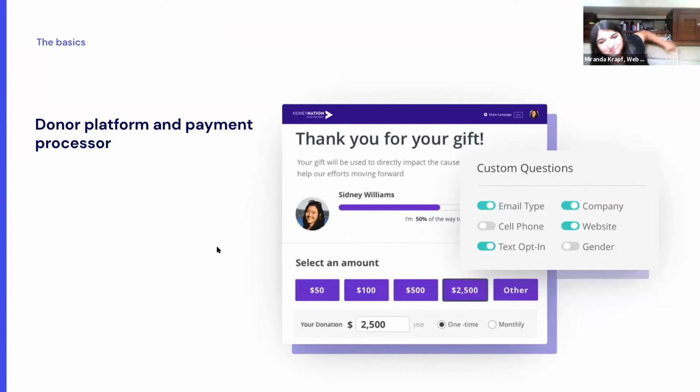So there's two factors there, and one of them is the outward facing one, and that's what your donors will see when they're on your website. So that's the form where they can select how much they're donating, if they want to have it recurring, etc. And then it will connect to other systems, and we'll talk about that as we run through. We have a list of common ones that come up often,